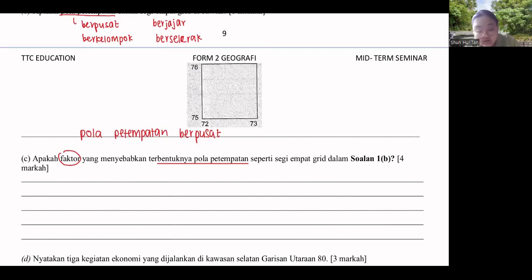So you can say faktor-faktor yang menyebabkan pola pertempatan berpusat ialah